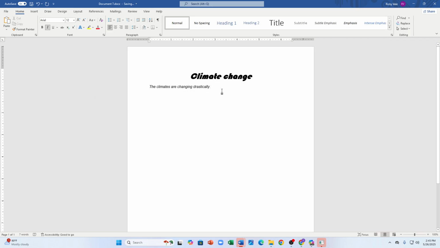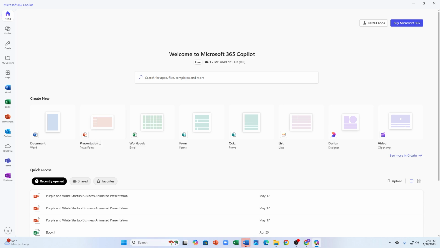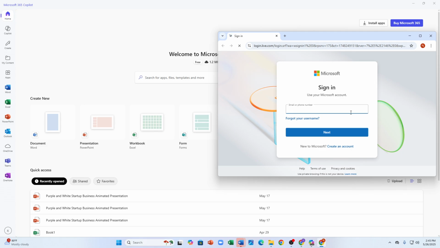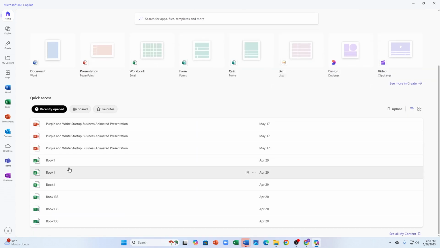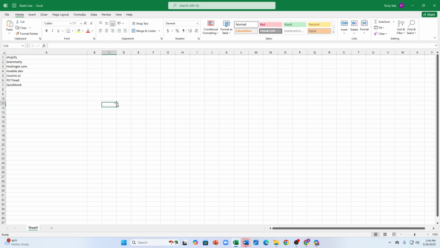So like that you can just create a document on Microsoft Word, and after that we can also just go to the Excel workbook and click on that, and it will open the Excel sheet or OneDrive, and you can just edit or create an Excel sheet there. As you can see here, the Excel app has been opened, and you can see there are multiple options like home, file, insert, draw and all,